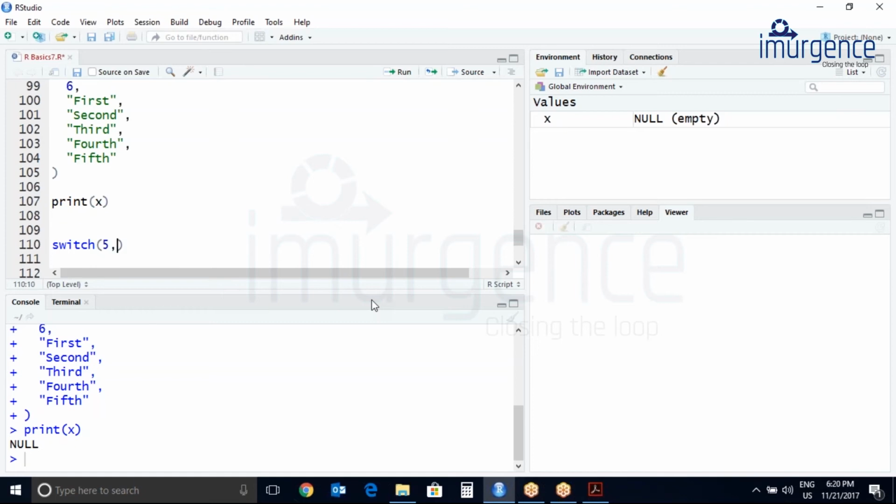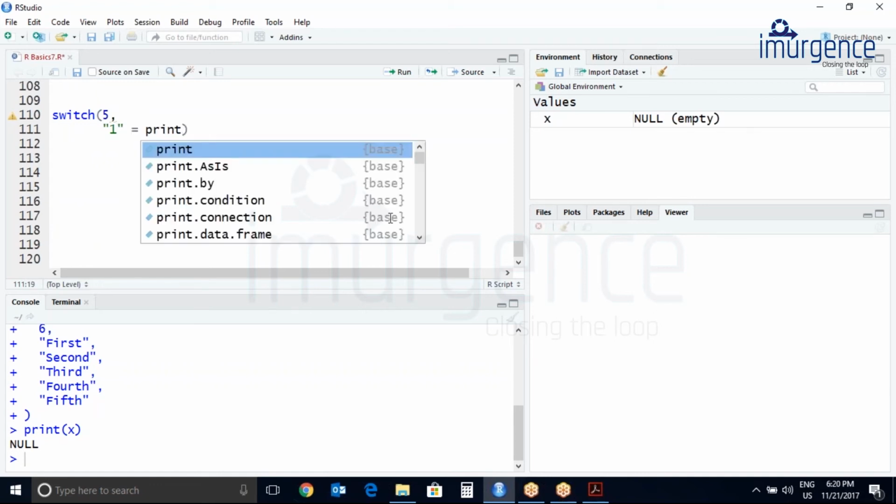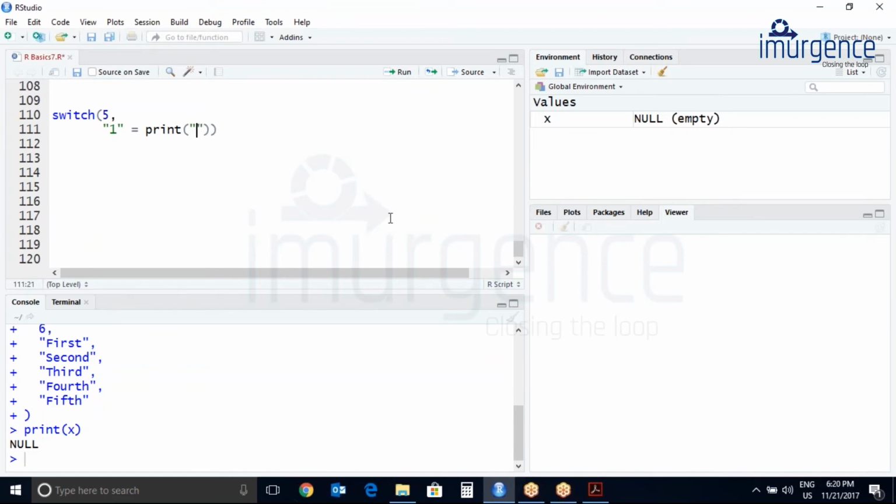Switch. It is 5. So I'll put some of these conditions. 1. So it will be equals to print January, put comma after every time, and if it's 2, print February,